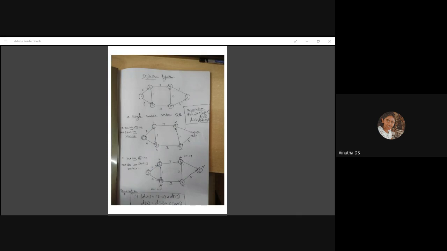Sir, is it like how the arrow is pointed, we have to travel in that way only, or we can move